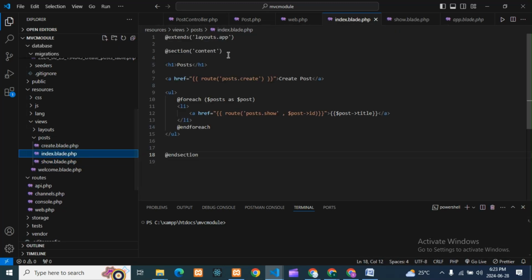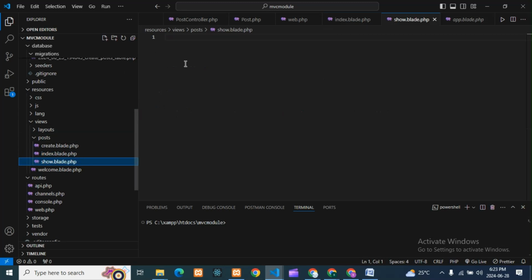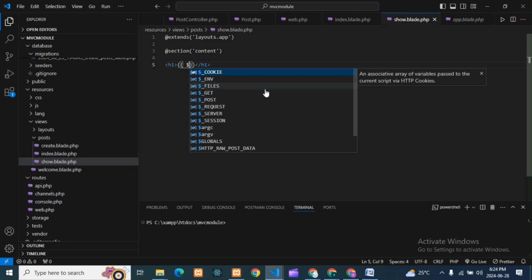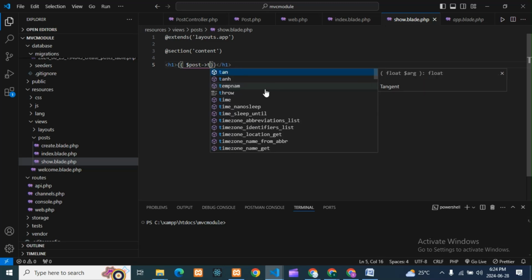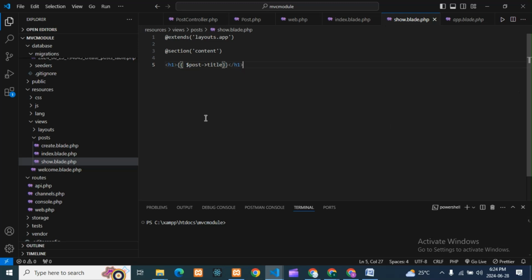Then the same we have to copy this. Here I have to add an h1 tag. Here we need to show the $post title.